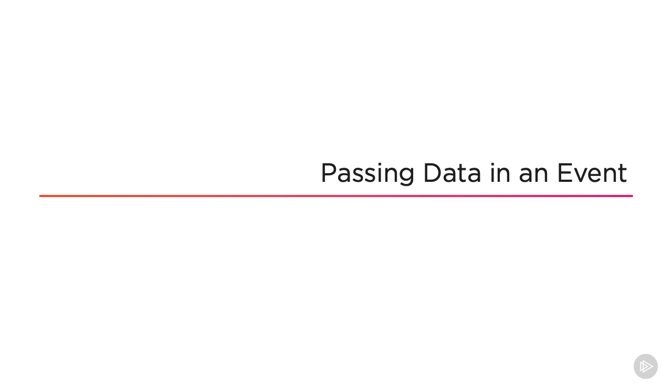In the last clip, I walked you through handling events for nested child and parent components. And that was when no data needs to be passed from the child to the parent. And it's a simple example. In this clip, I will take that example further by showing you in a demo how to pass data in